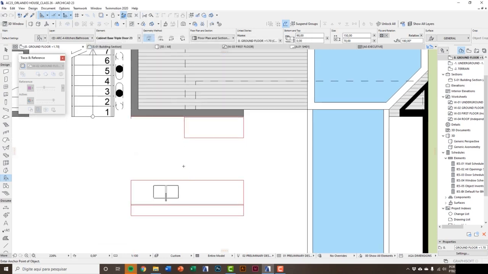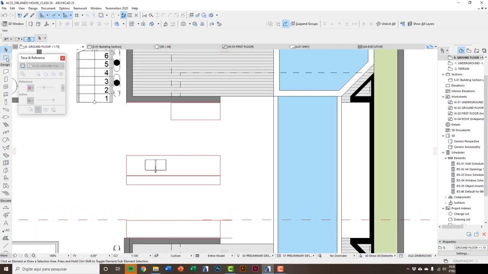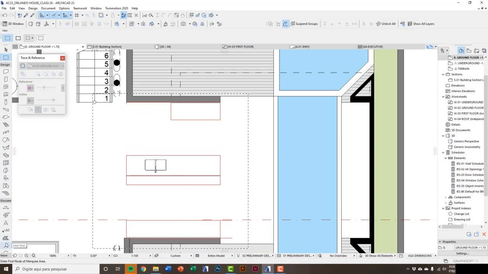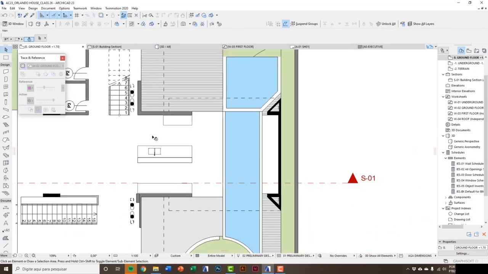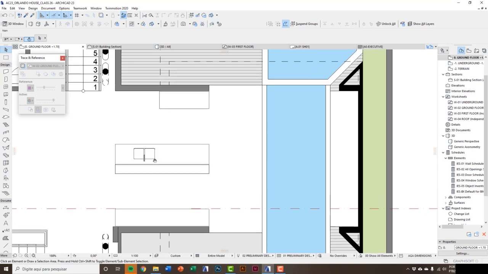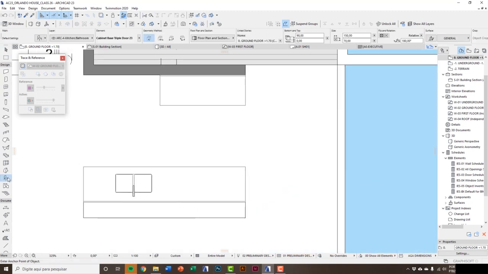So now I will erase 2D lines. I'll make a rectangle with Marquee tool. Select line tool, Ctrl A to select all, and delete. I'll press ESC to quit from Marquee tool. We have the options to put a fridge or a cooktop. Placing a cooktop, for example,